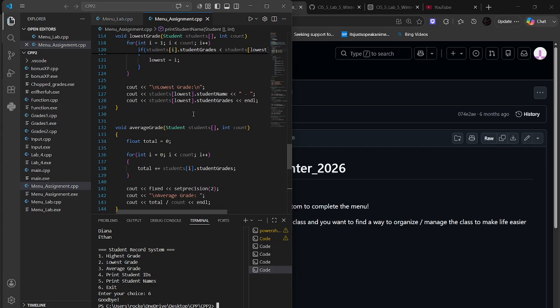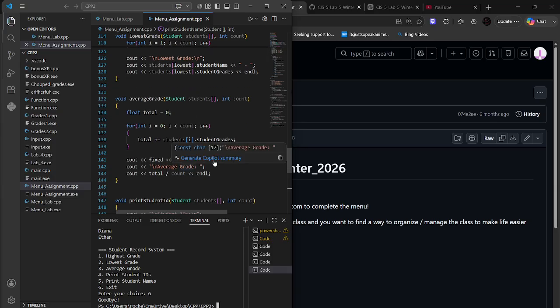Average grade, this is why I also put the set precision over here, for decimals. So float total equals 0, for int i equals 0, i less than count, i plus, and then it's going to have the average grade,